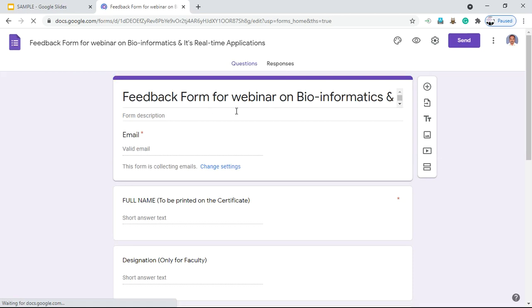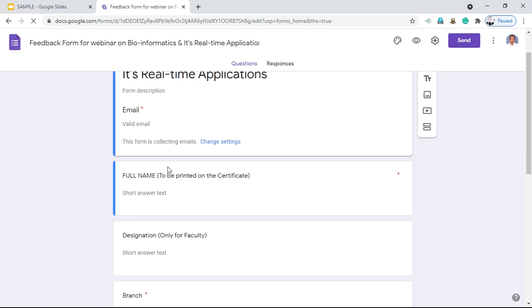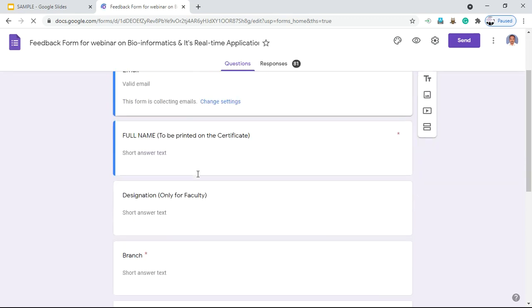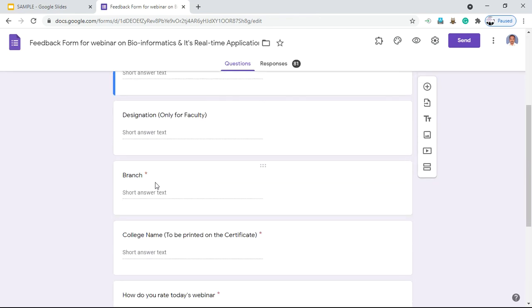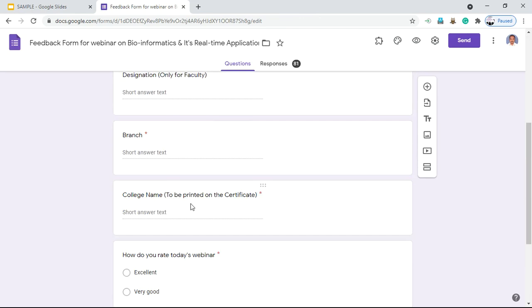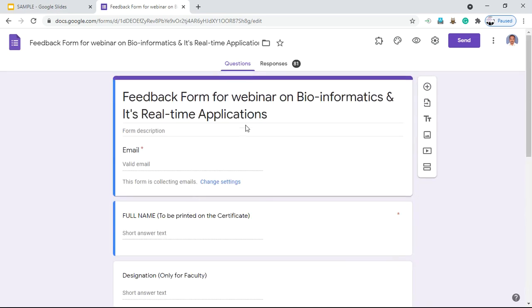So this is the feedback form for webinar on bioinformatics and its applications. So I have collected the full name to be printed on the certificate, and the designation for the faculty, branch for the students, college name to be printed on the certificate, and feedback. So these are the fields I have considered.